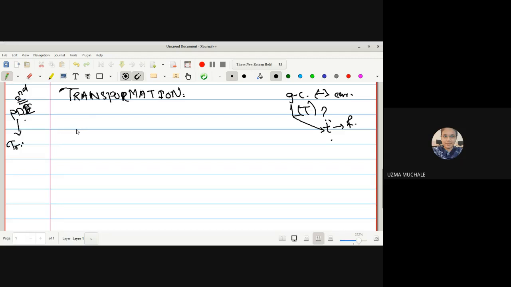That means considering the two systems S and S dash moving with a velocity. What we have to do is simply find the rotational motion. Suppose let us assume